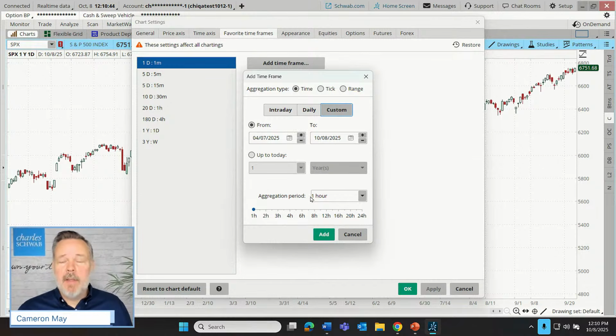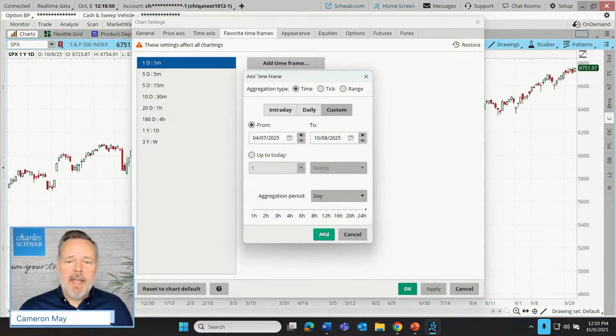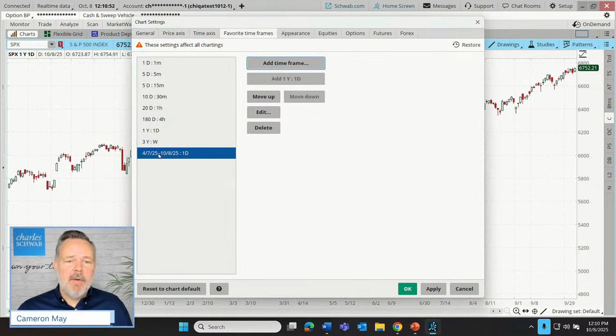And our aggregation period, again, that's just our candle length. Let's say that we just wanted those to be daily candles. So now I can add that, and that's now going to be a chart that I can quickly access if I want to go through a series. How about I move this up just to get some repetition with that? That's about 5 or 6 months worth of time frame.